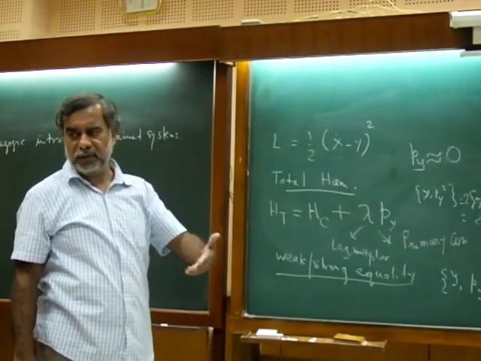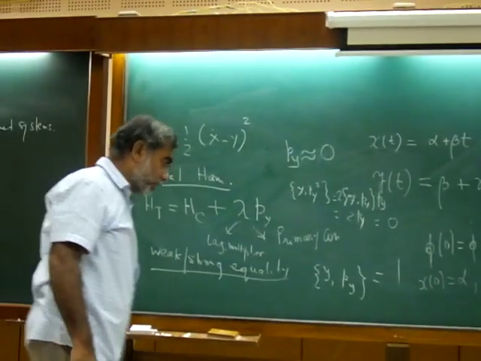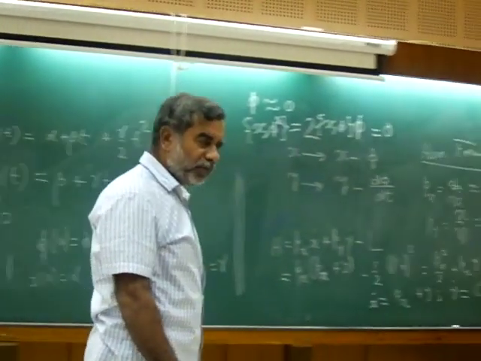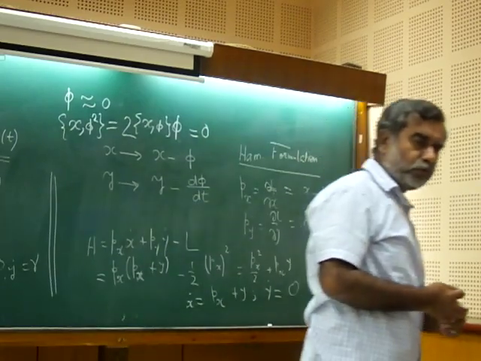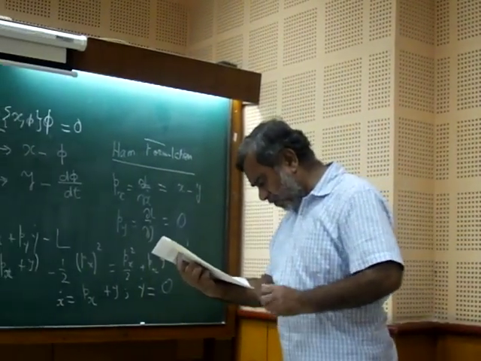So we are slowly entering into the regime, as I told you, of constraint systems. This is an example of constraint systems. So I hope you have understood one thing. You have understood the notion of total Hamiltonian. You have understood the notion of primary constraints, because first comes primary constraints, then you write the total Hamiltonian. And you have also understood the meaning of the strong and the weak equality. Okay. Now you can see